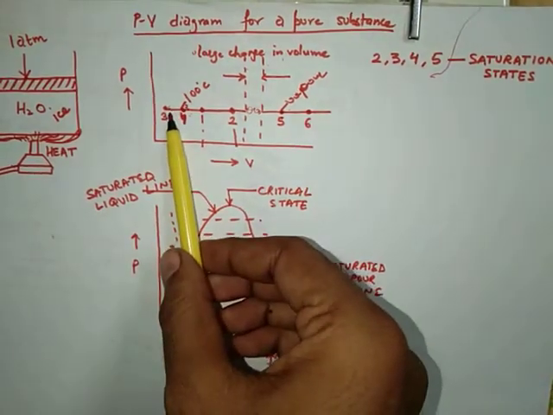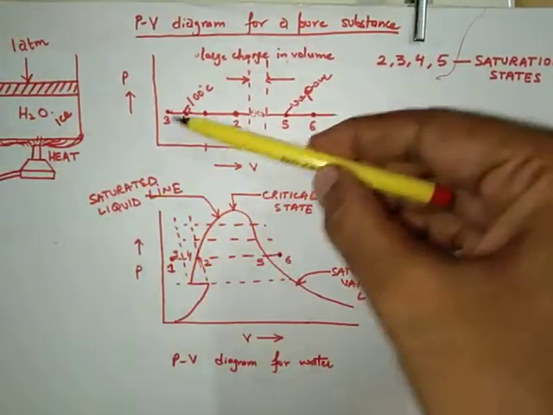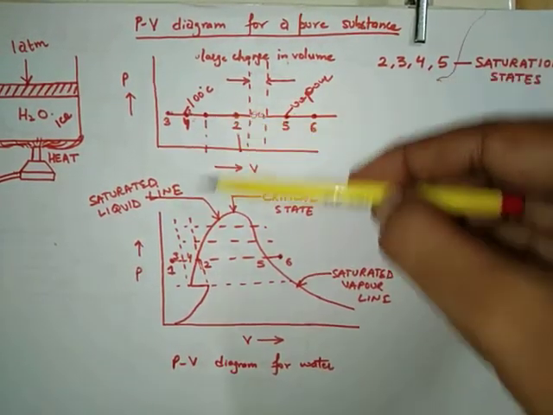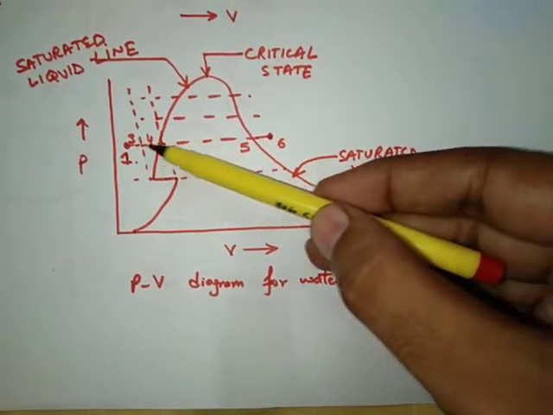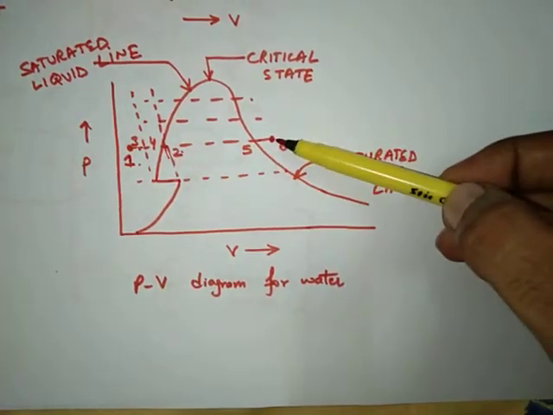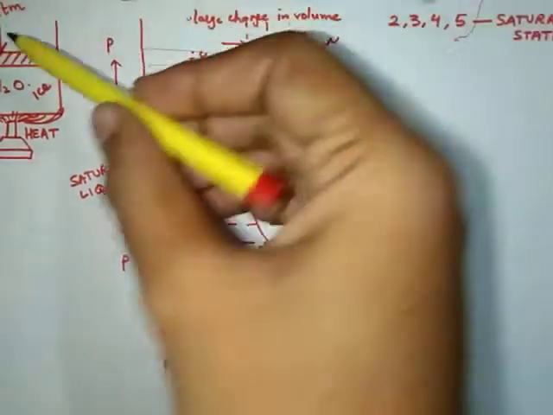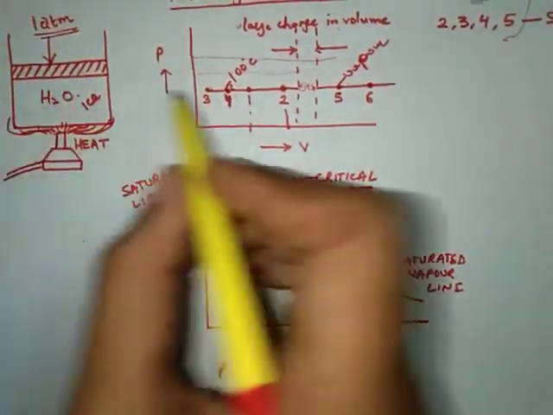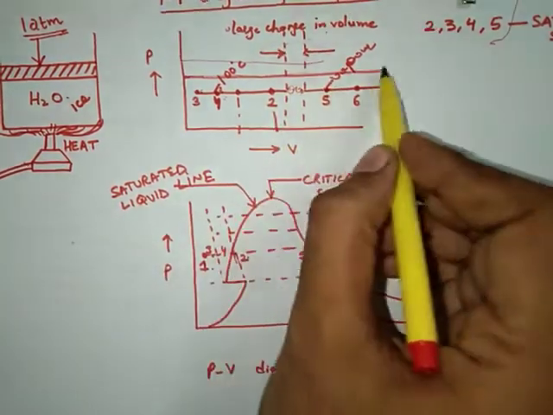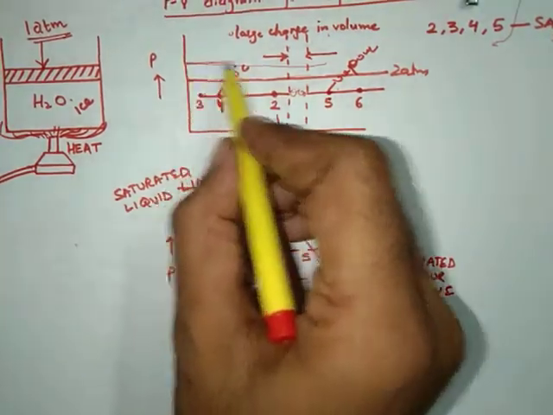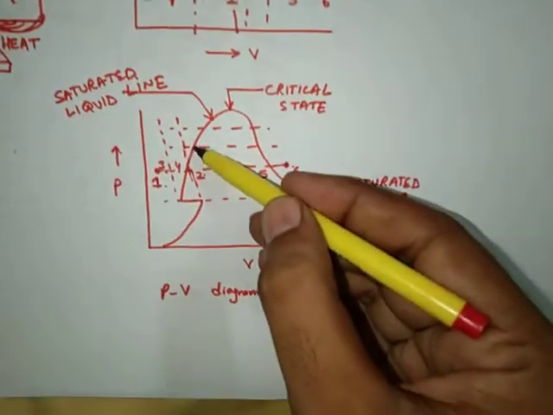Now this PV chart has been transferred from this chart to this chart. See, this is point 1, point 2, point 3, point 4 and point 6. These are different constant pressure lines. It was a pressure of 1 atmosphere. Similarly, if we draw this same plot for 2 atmosphere, for 3 atmosphere, all these points, point 2, point 2,